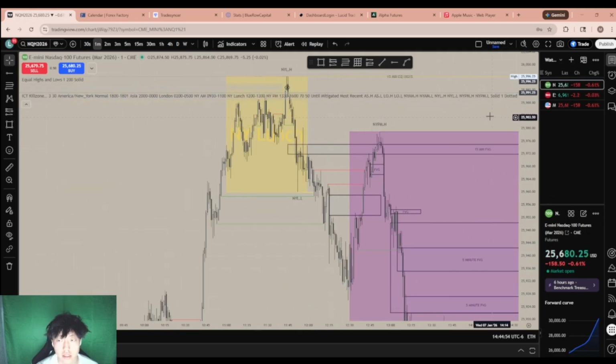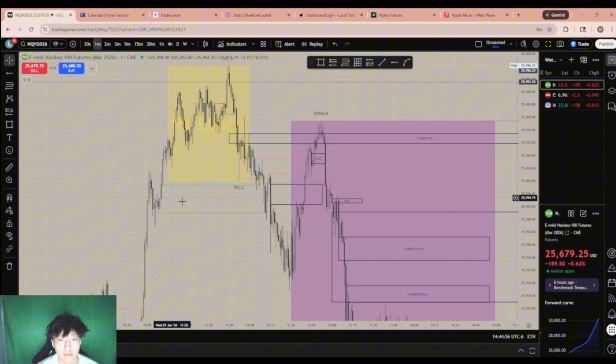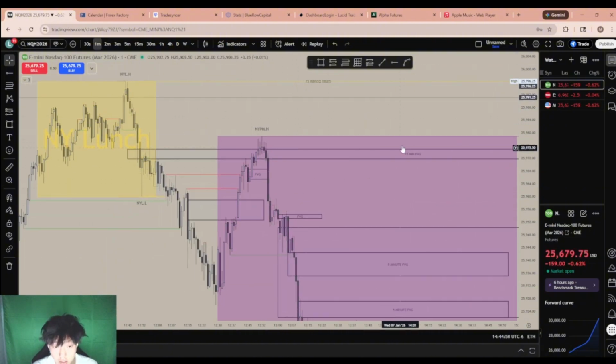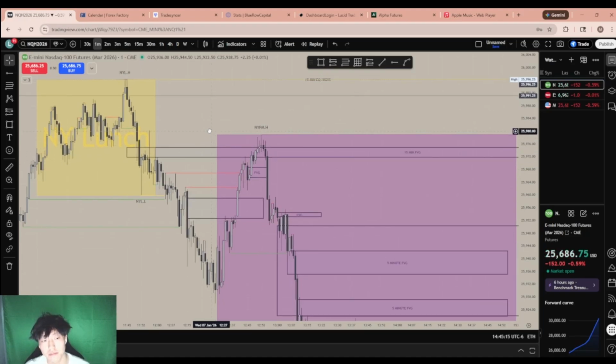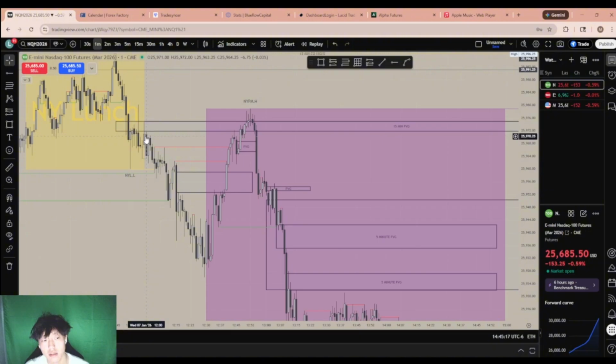Okay, I see now. So this is still a good front run here, I'm not even gonna lie, just because we're delivering from a 15-minute. We are on the 1 minute time frame right now, but I don't know that I switch and then move back. But I'm pretty sure this is an unmitigated 15-minute first presented, most likely. Yeah, the candle would close right here at the 12 mark. So this is an unmitigated 15-minute.